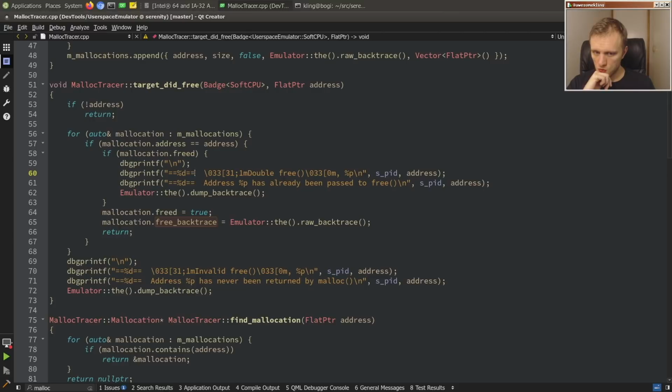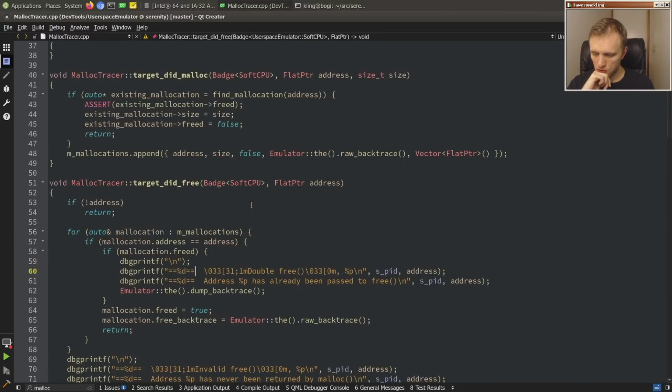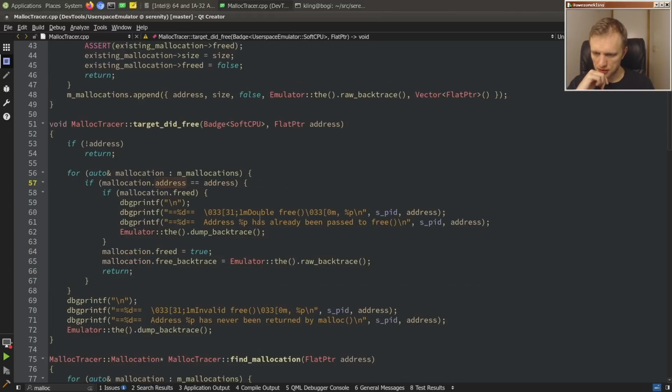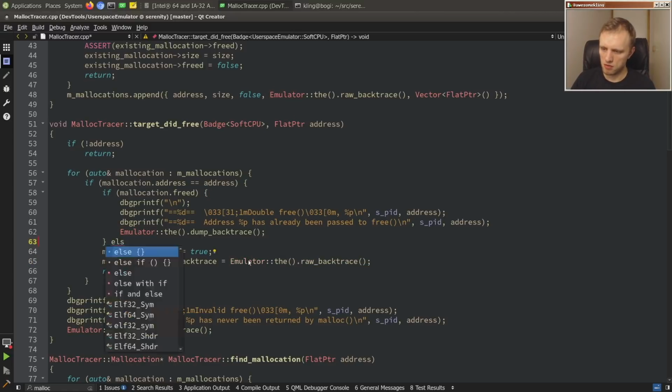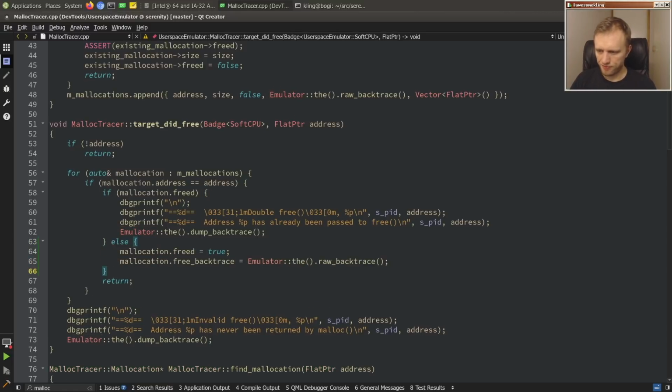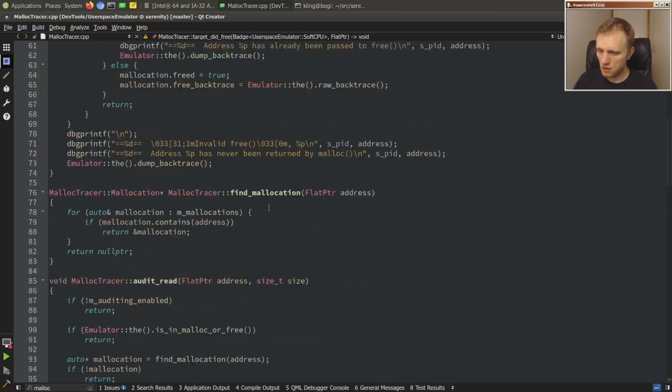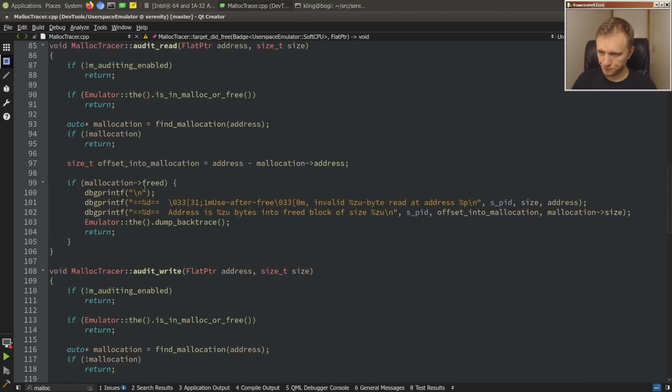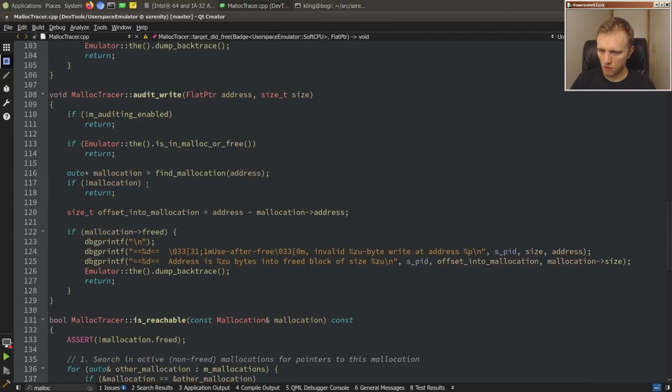So let's see, in the case of a double free, I'm just thinking, do we really want to overwrite it with the second thing? I think we don't, so let's do that. Because, yeah, if you're doing a double free, then the first free is the only free backtrace that matters. Anyway,